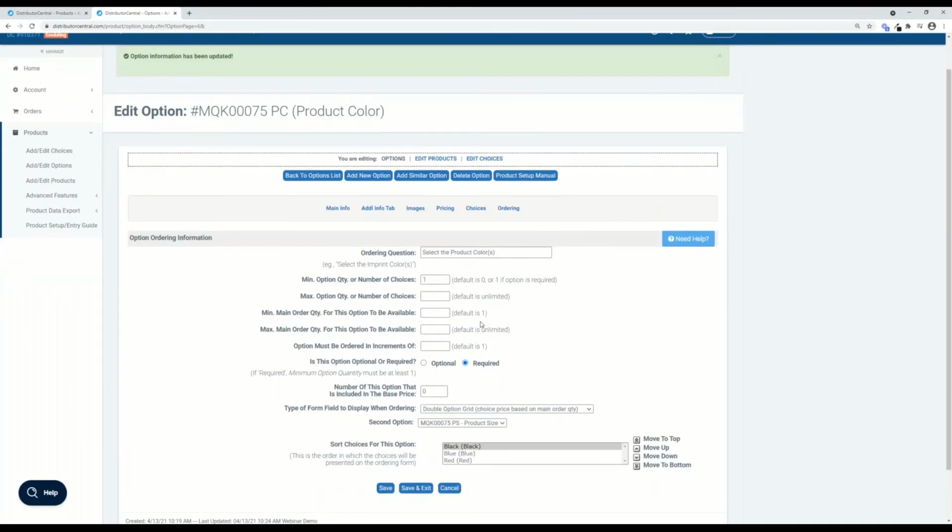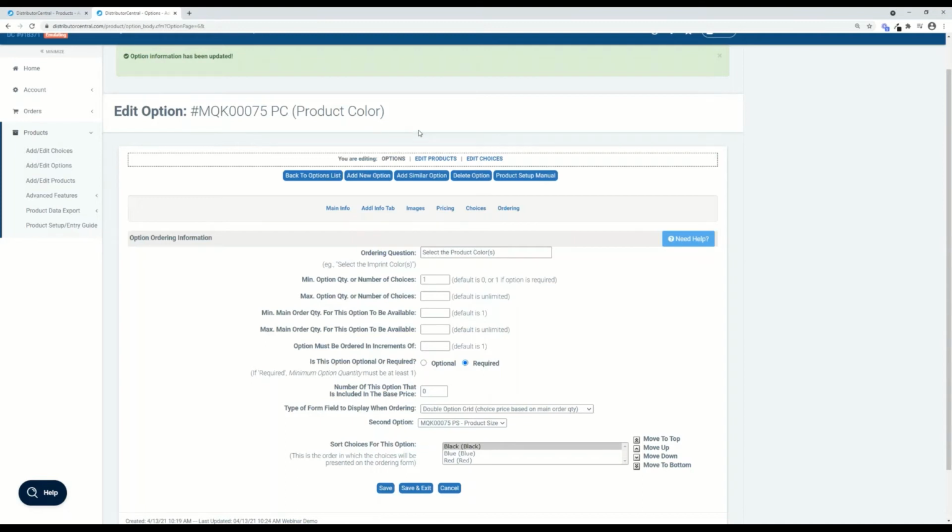So the way the double option grid works too is that, and this is the reason why I had you put the number in there, is because you won't be able to use multiple options paired to another. So let's say, for instance, I just had product color for the polos, and I had blue, black, red, and then I have a men's version and a ladies version. And I want to use the same thing because it's all exact same colors for the ladies version. You'll have to create another product